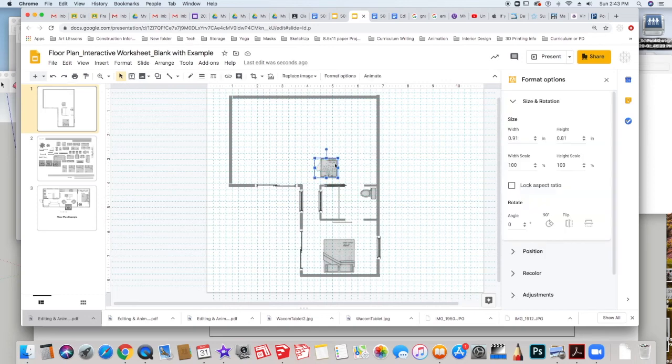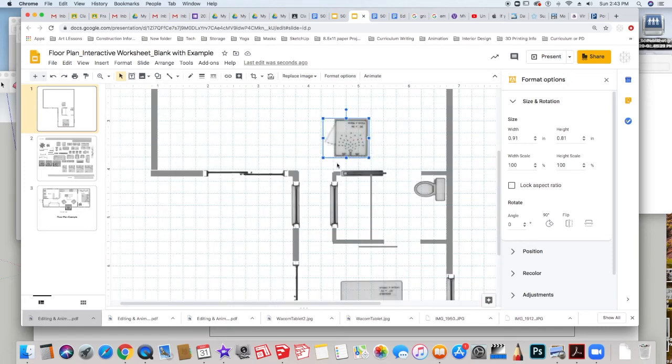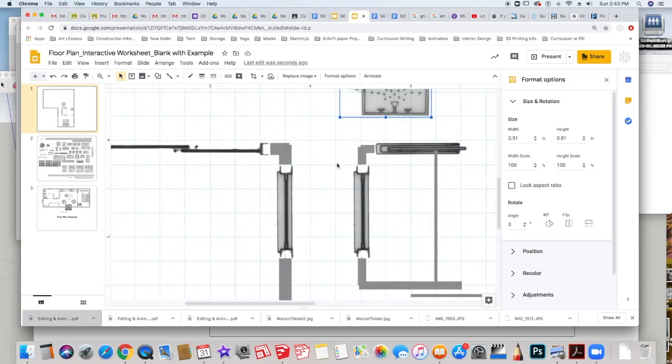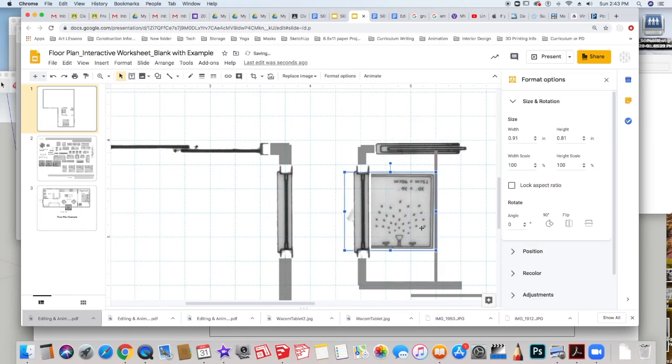Notice here that I copied and pasted the shower stall from the template window. I'm going to modify this now so that I can just use the shower part. And to do that, I'm going to zoom in. So Option Command plus sign. I'm going to edit this so that it's only showing the shower part.